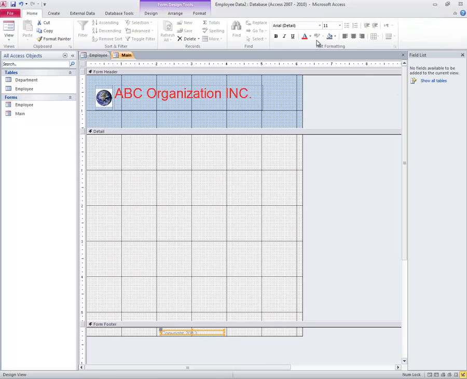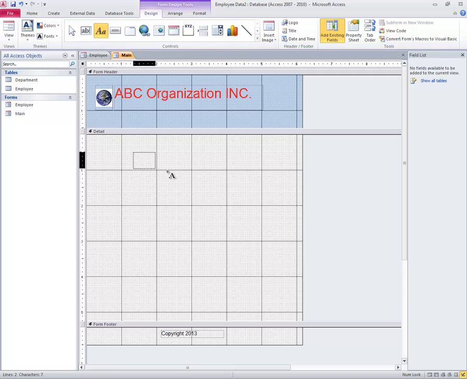We can go to the home tab, change the color. We can extend this, copyright. Now we have copyright on the footer. We have the header with the name, and then we have a navigation, so we can add here